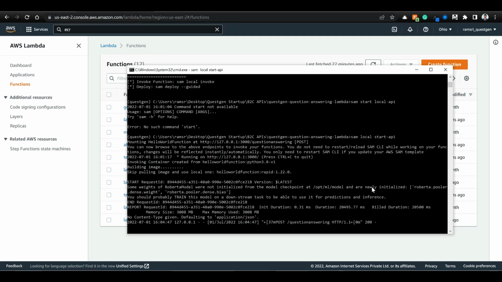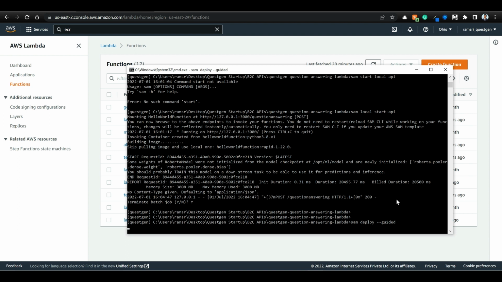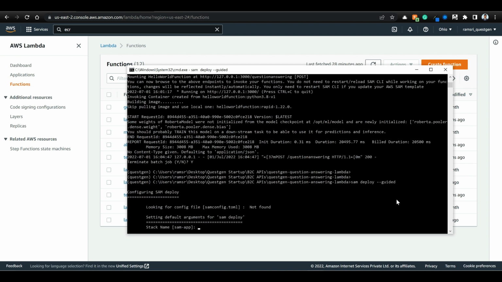Now let's stop the local API and let's get on to the final part where we deploy this on AWS Lambda. So now just do sam deploy guided. Do guided only for the first time because we need to establish quite a lot of things. So give a name, question answering,